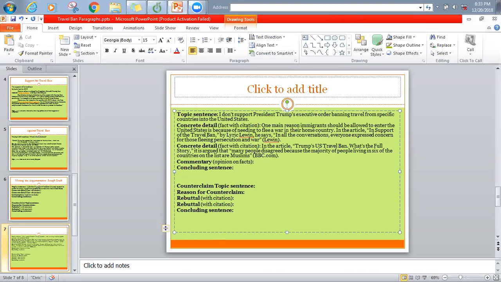Now, what I had shared is whether you're actually doing this assignment or not right now in class, the idea of a counterclaim is really important in writing. And so it's something that's applicable to other assignments here at the school, but really just in general. I think it's really a good skill to have. And I think it actually makes a piece of writing or even an argument stronger when somebody can say what opponents of their viewpoint think and then argue against it. So kind of just giving you a quick review on what we're doing here. Do you have any questions before we jump back into this assignment, Tawny?